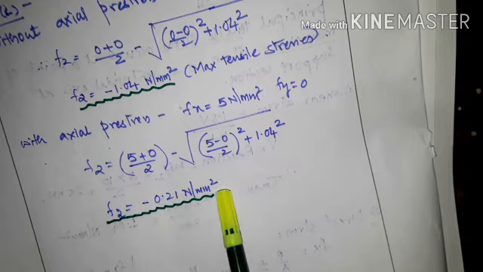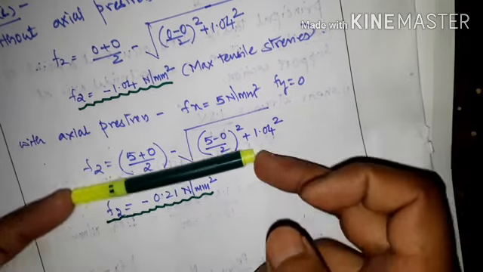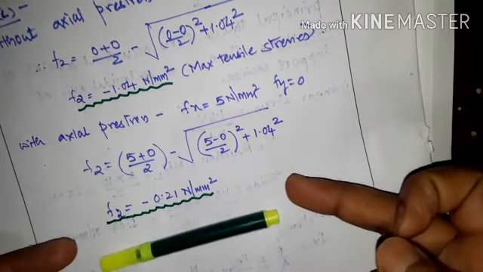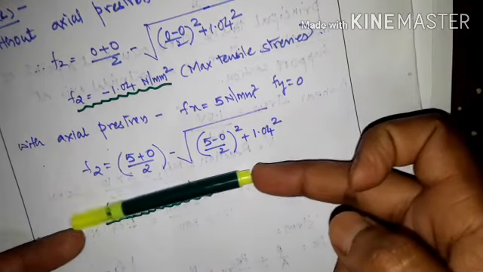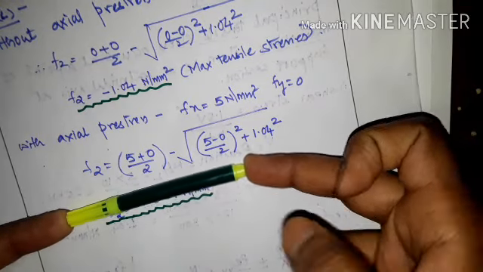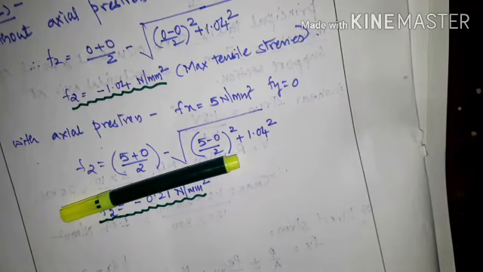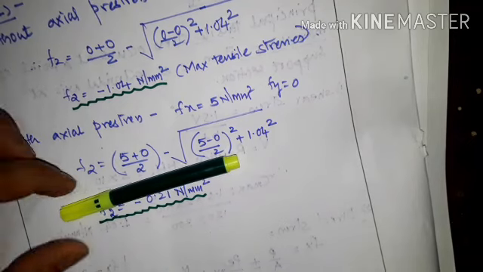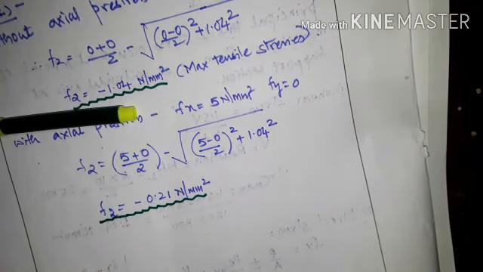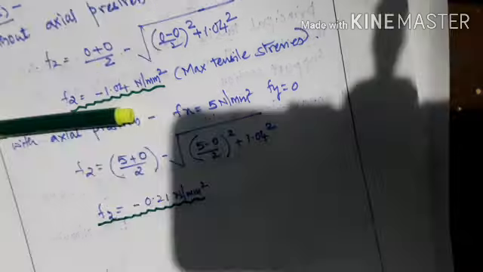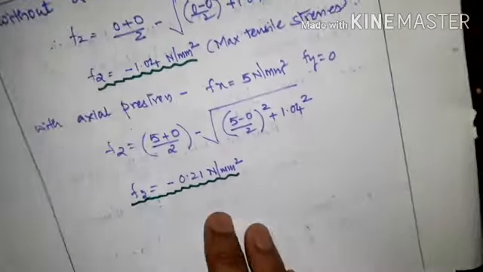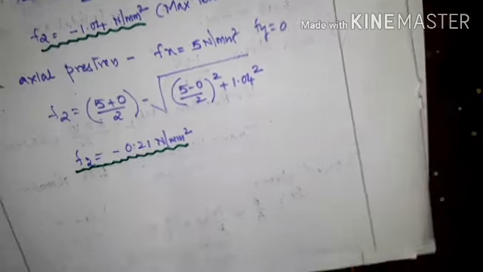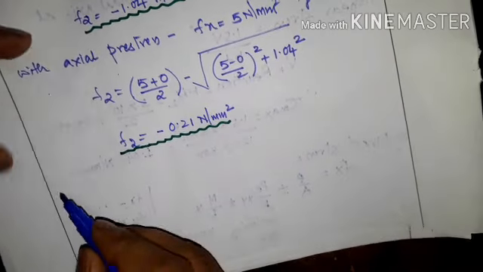So because of the axial pre-stress, what is happening here? The concrete is under compact form because the pre-stressing force is applied on both the ends like this. So concrete will be in compact form. Okay, so this is regarding the calculation of the shear strength of the section. Okay, so we can conclude like this also. It is not asked, but we can conclude like this.